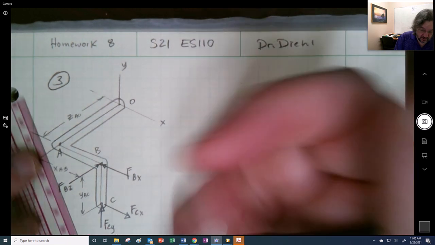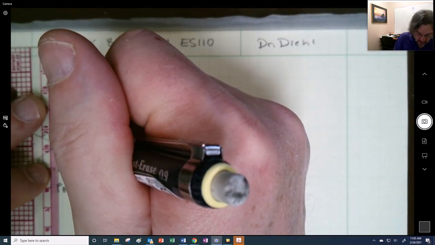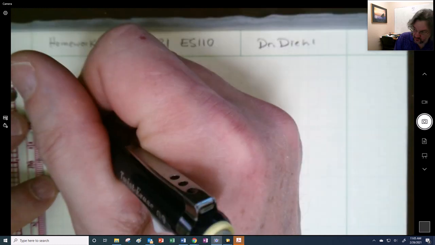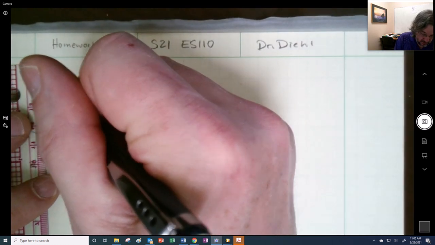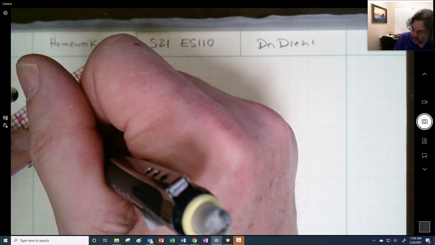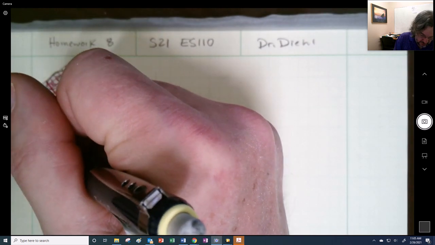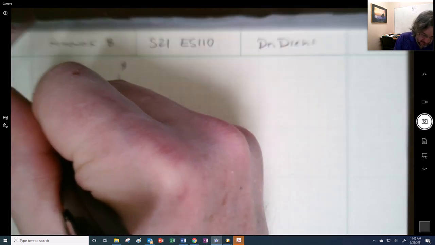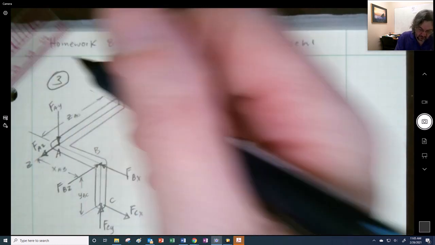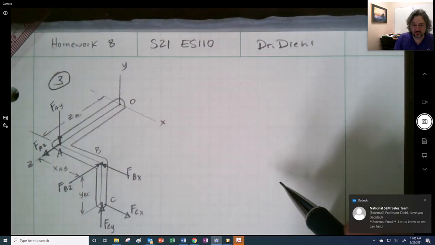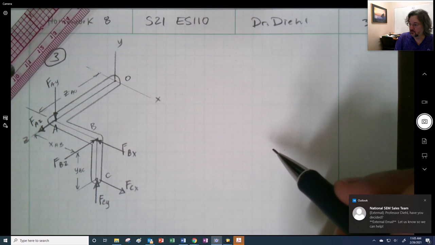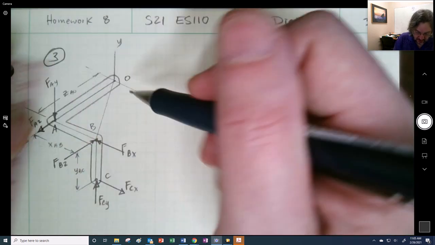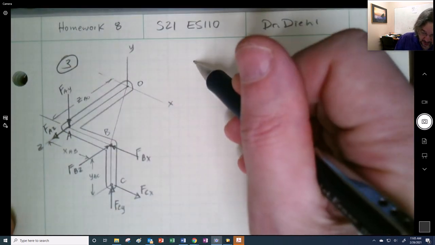FBX and FAY. And this one is going to be in this direction. This is FAZ, right? Any more on there? Did I get all of them? I think so. And we drew a line in between here to represent the axis about which